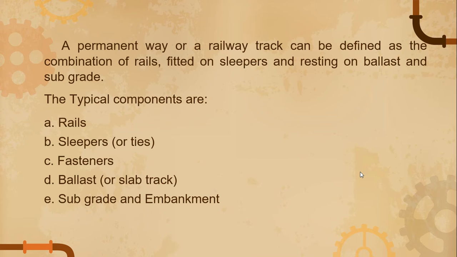So from the definition, we can deduce that a railway track, as one of the focal points in the field of railway engineering, is a combination of its different components such as rails or sleepers. So, ibig sabihin, binubuo siya at hindi siya matatawag na railway track when one of its components is missing.